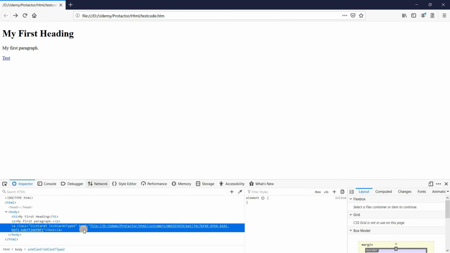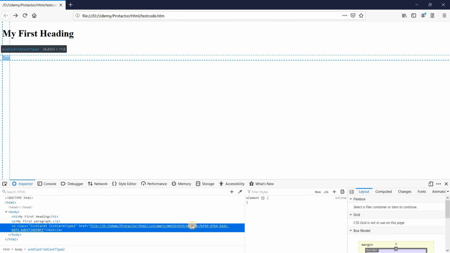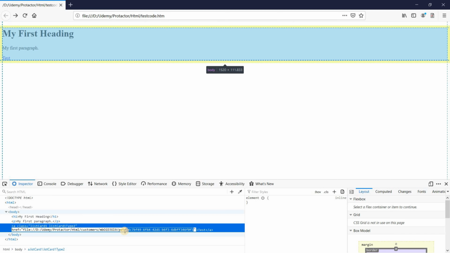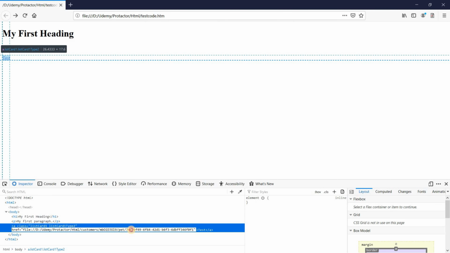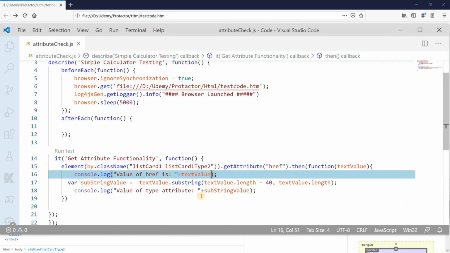If we check, the substring value begins at 39, that means after the 40th character, only this part. So from the string length we will cut out everything and just keep this one. How have we done that? We have done substring of text value dot length minus 40, and then give the original text value length.